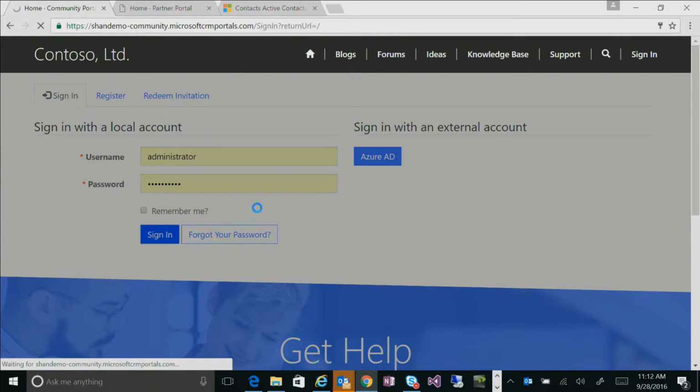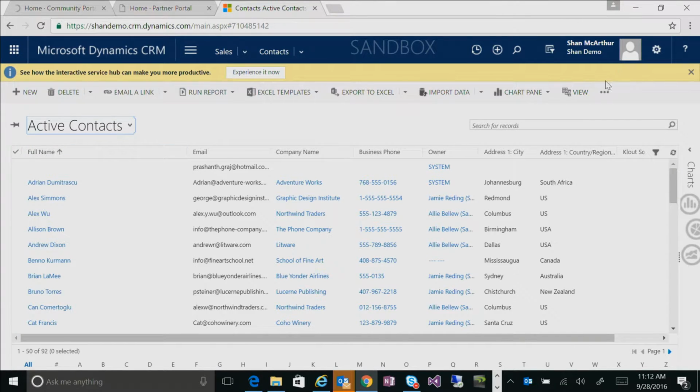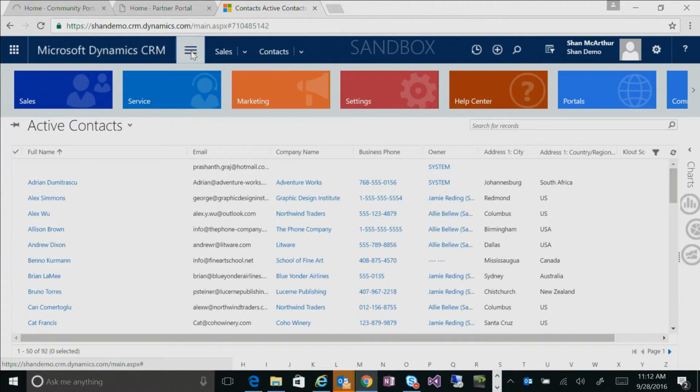And I'll give you a little detail as to where we're going to go here. As we go over to the CRM, for those that haven't seen the CRM, this is what it looks like. Most of you probably have, but I think a few of you indicated that you hadn't. You have this sitemap capability. We've got sales, service, and marketing, which are some of the pillars of CRM. We've got a few different applications. We put our portals and communities in their own sitemap areas as well.